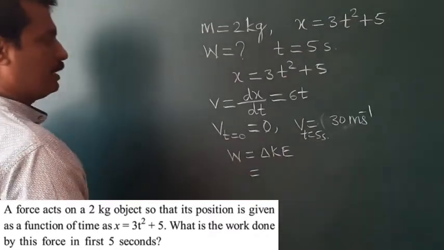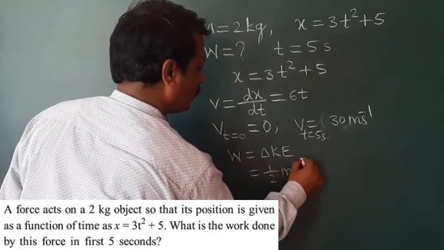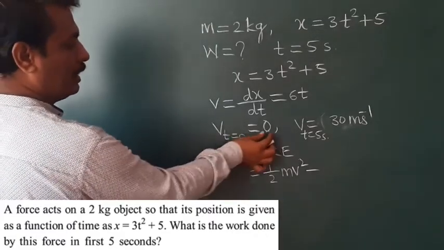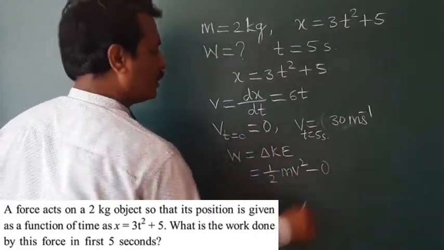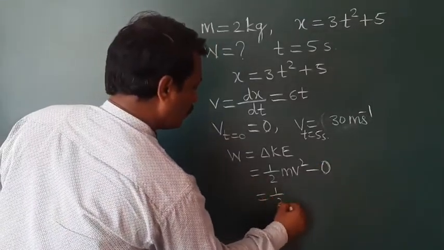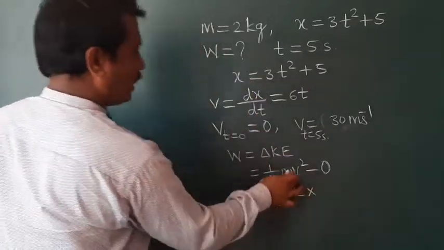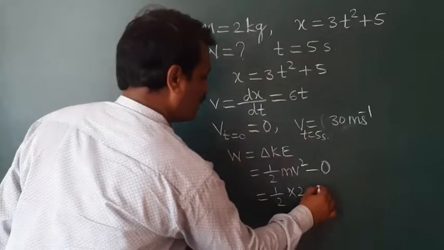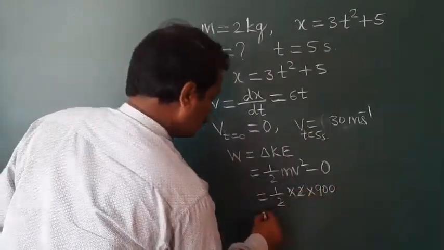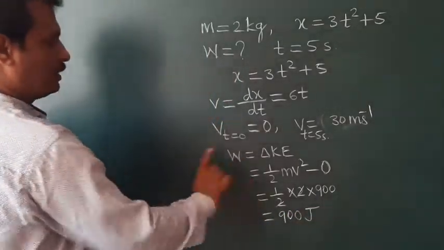So change in kinetic energy is equal to final kinetic energy, that is 1 by 2 mv square, minus initial kinetic energy. Here initial speed is 0, so initial kinetic energy will be 0. So 1 by 2, here m is 2 kg, and v at t equal to 5 seconds is 30, so its square is 900. Now 2 gets cancelled, then we get 900 joule. Therefore work done is equal to